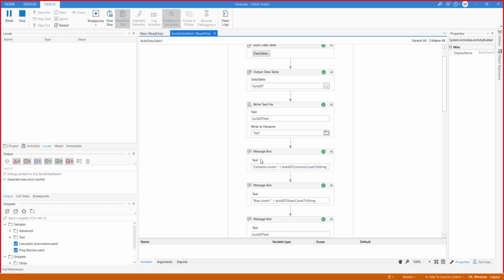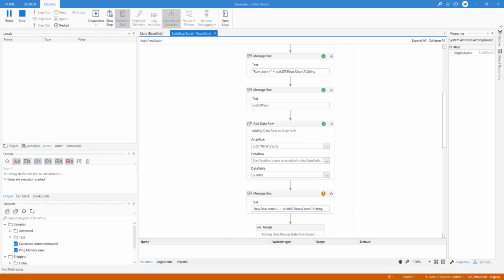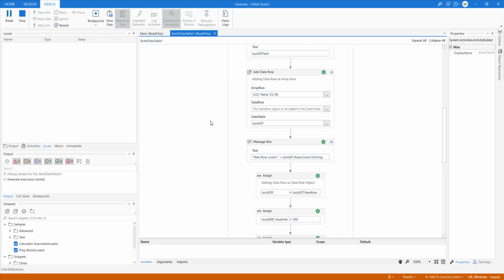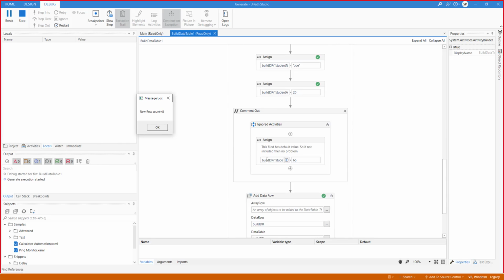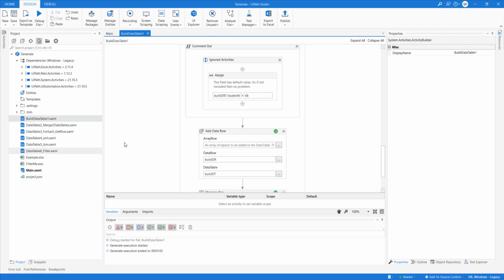Now, what we have done is we have used the build data table and we have inserted another row of data here, which is now 32. So when we run this message box, it will return row count as 7 because it has incremented by one more row. So row count is 7. Now let's move to the next. Once we insert this, the row count will become 8, right? That's how it is.